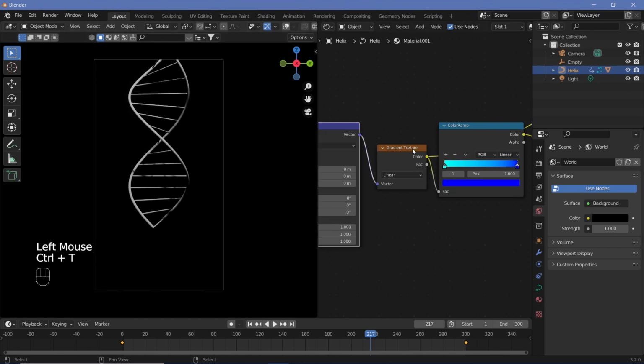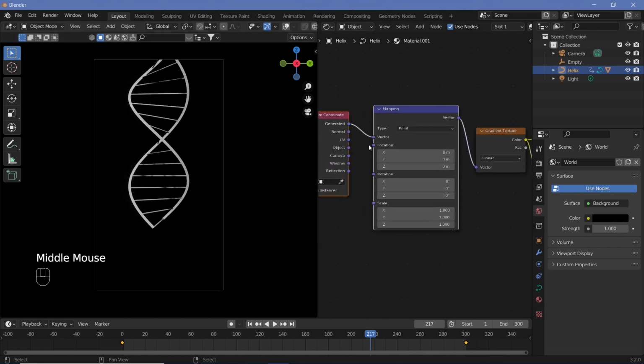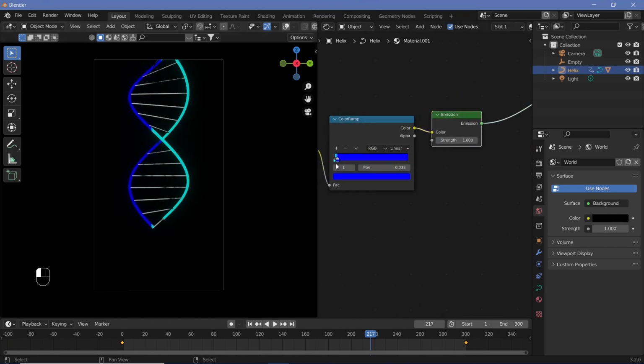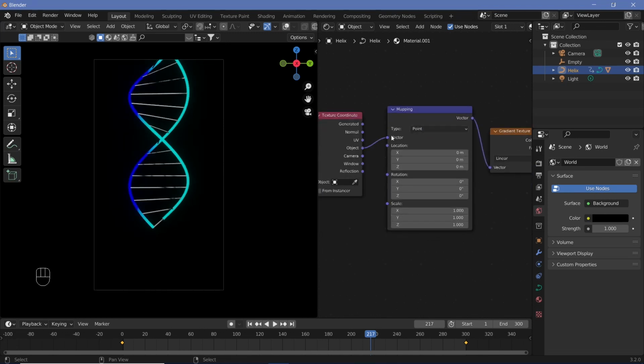So we hit Control T on the gradient with the Node Wrangler switched on and then change from generated to object. So now we have one side as a nice bright white and the other side as black. So if this is what you want, you can go ahead and Control Shift click the emission and use something like this. But if this is not the type of gradient that you want,